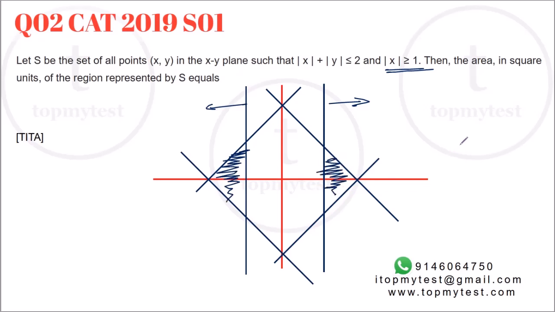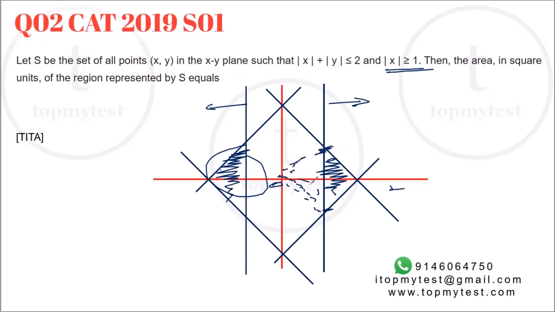It will be the shaded area here. Now, given that this is 0, this is 1, this is 2, this is basically the midpoint of this graph, right? Also, further, if you were to merge this over here, you will get a smaller square. You'll get a smaller square like this, right?